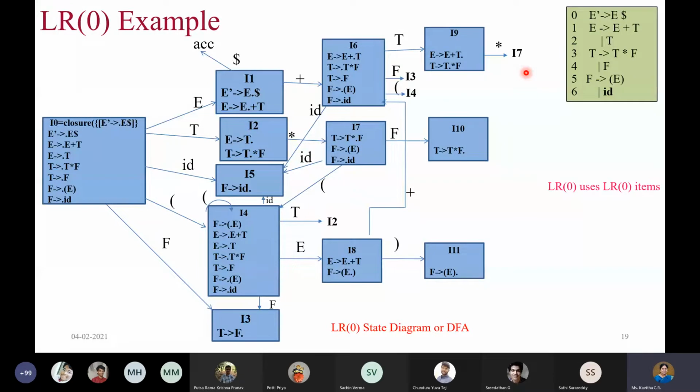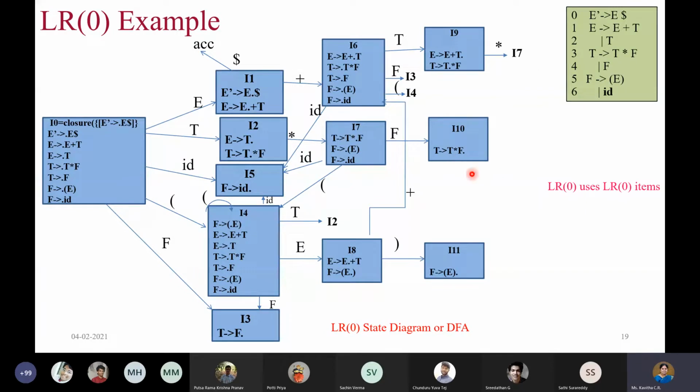Before you conclude, you have to see all the paths, whether everything is covered or not. What you should see is, in every state, for all the possible input symbols where you are supposed to read, if it has completed the transitions or not, you have to verify. So in each state you can verify whether you have read everything. And in this state we have got dot in the rightmost position, and for star, if you read, it will go back to I7.